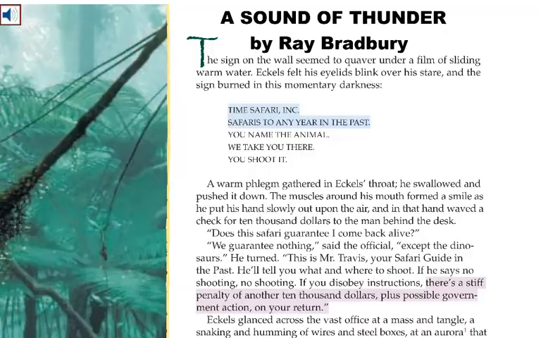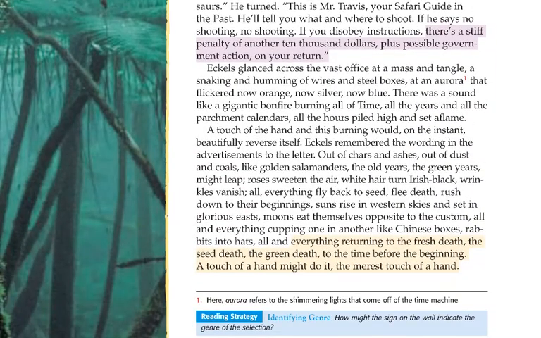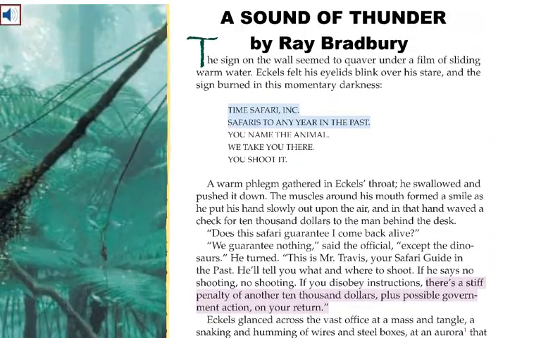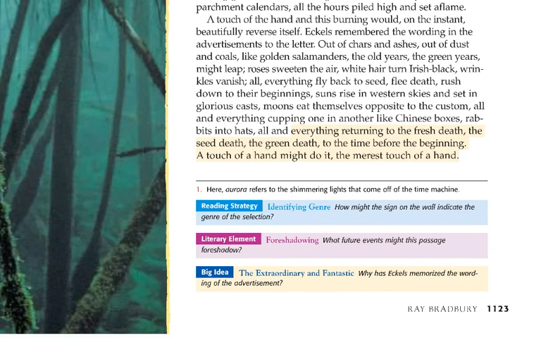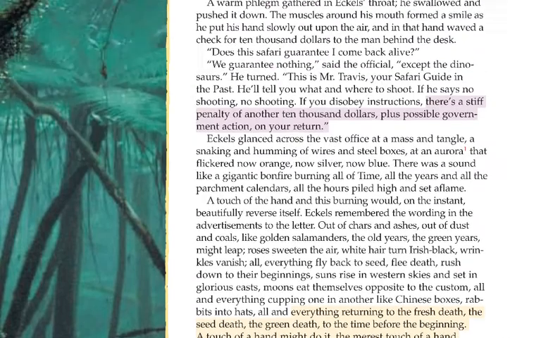A Sound of Thunder. The text that you're going to get is going to look like this, where it's got some color coding that goes along with questions. You are not required to answer these questions. They're just for further thought. These little footnotes give you some important notes about vocabulary, so look out for that.